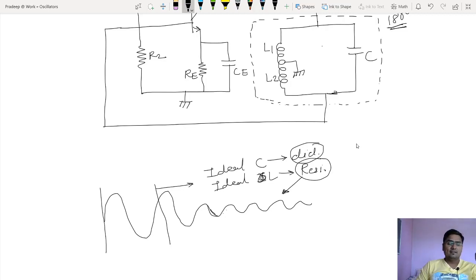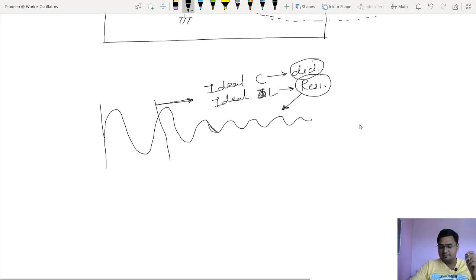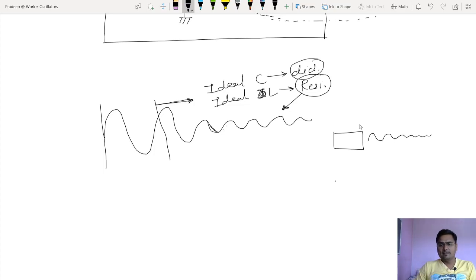So this thing has to be avoided. And we had a discussion about how to avoid that. If the output voltage is decreasing after some time, what do you do then? You provide some extra voltage to the tank circuit. If this is my tank circuit in a box, producing an underdamped output voltage like this, and you connect some extra voltage to that tank circuit, then the tank circuit will automatically give us sustained oscillations.